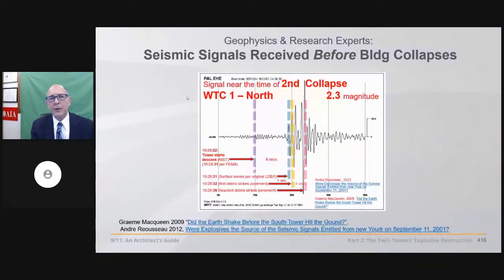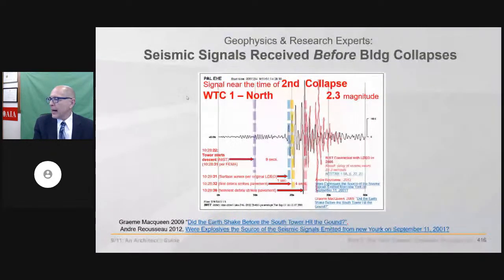So what does NIST do with this discrepancy? Once again, they get LDEO in a private contract, which has no report for the public, which paid for it, to look at. And they move it back 3 seconds. So that's called manipulating the outcome of science to achieve your objectives.